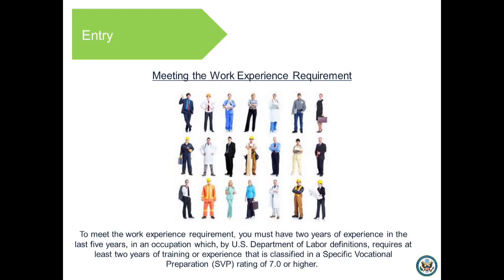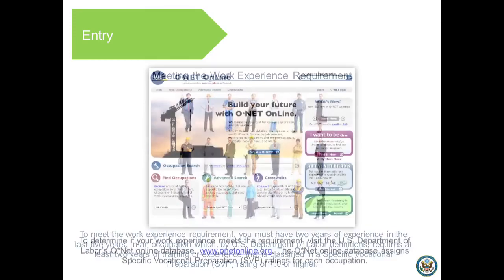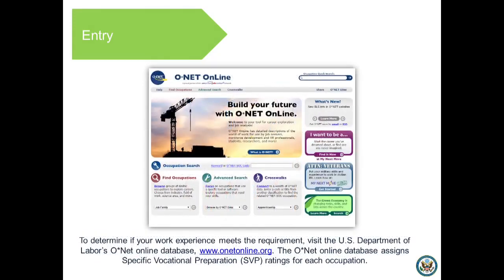To meet the work experience requirement, you must have 2 years of experience in the last 5 years in an occupation which, by U.S. Department of Labor definitions, requires at least 2 years of training or experience that is classified in a specific vocational preparation or SVP rating of 7.0 or higher. To determine if your work experience meets the requirement, visit the U.S. Department of Labor's ONET online database,